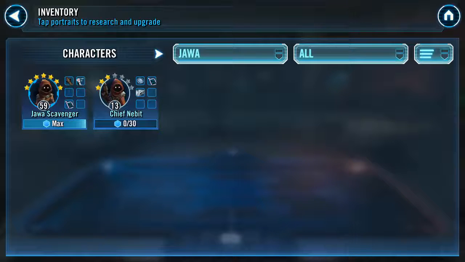For arena tokens, there's 2 people I'd recommend getting before you get any others. One of them being this other Jawa here, Chief Nebbit. You want to get him to at least 5 stars so you can get those critical damage mods. They are going to be the mods you use more than any other mod. And I'd also recommend